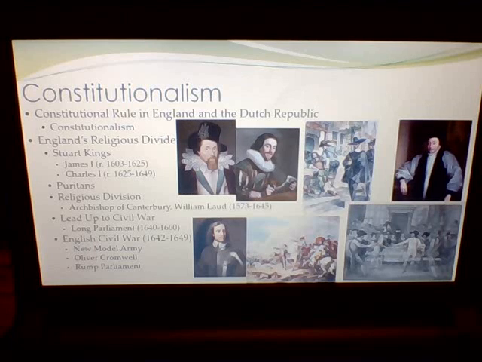Then in 1641, Ireland also rebels due to the English oppression there and because of their anti-Catholic policies. Remember, Ireland's full of Catholics. They began to rebel too. So now you got Ireland and Scotland rebelling at the same time in the early 40s. Charles couldn't respond because Parliament wouldn't raise an army. He tried and failed to arrest Parliament leaders then.